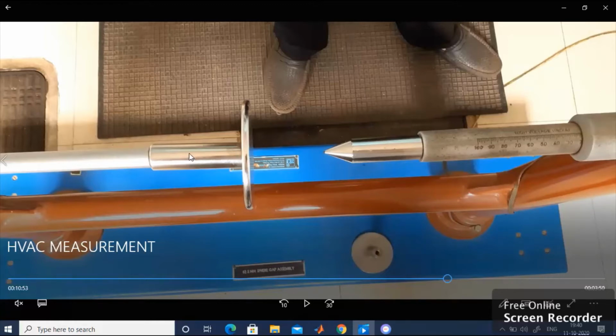Some students are making confusion regarding that. Do remember, wherever you are maintaining the high voltage segment, that means the plane is maintained at high voltage. That is why it is known as plane to point configuration. This concept you have to remember. Now you have to do the zero settings. Zero setting has to be performed.